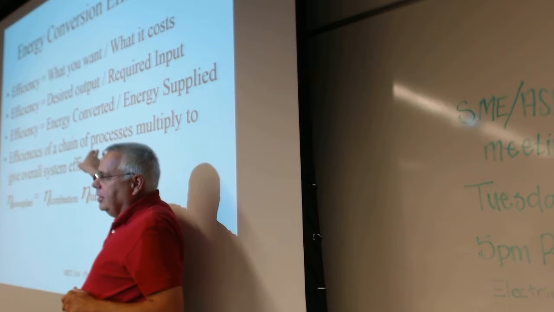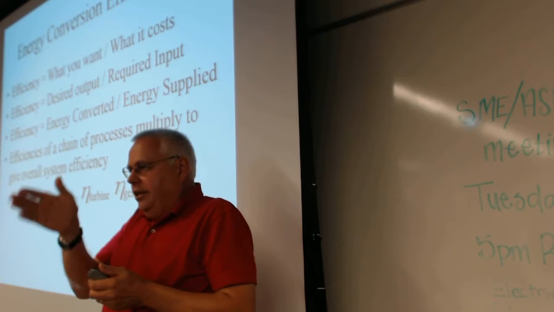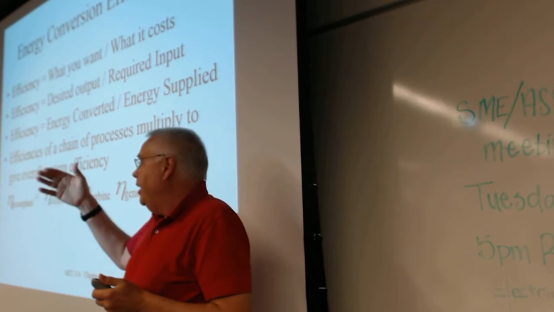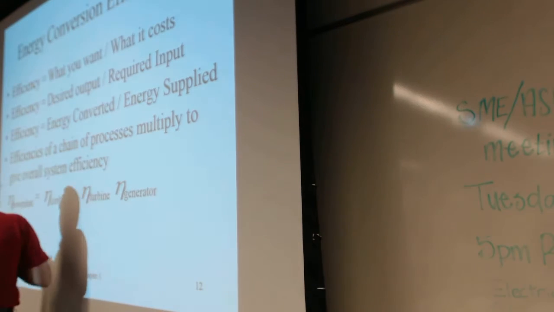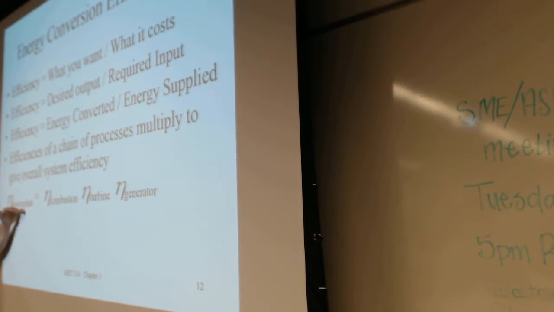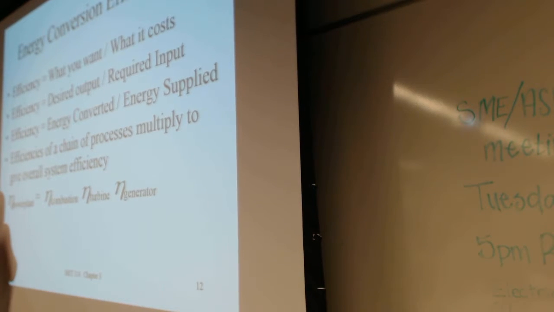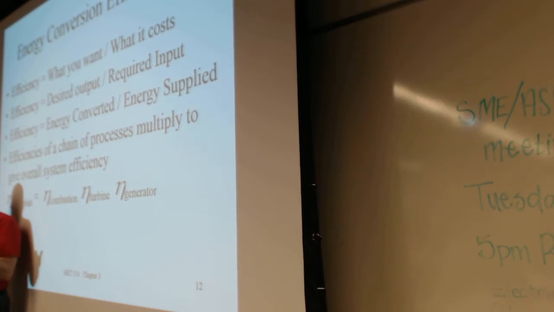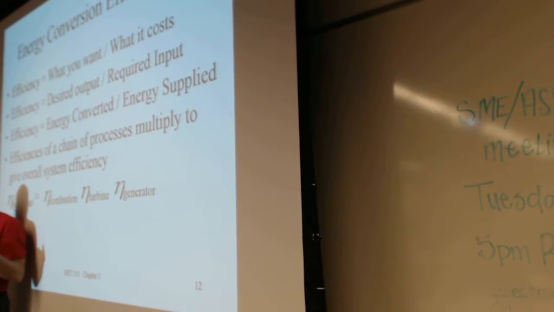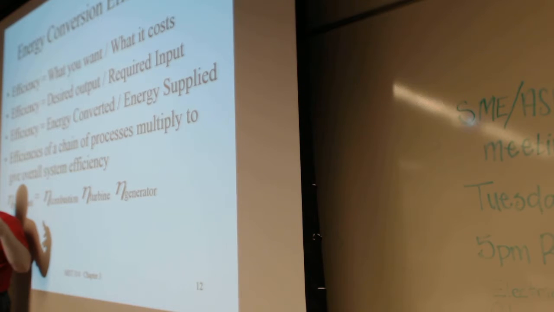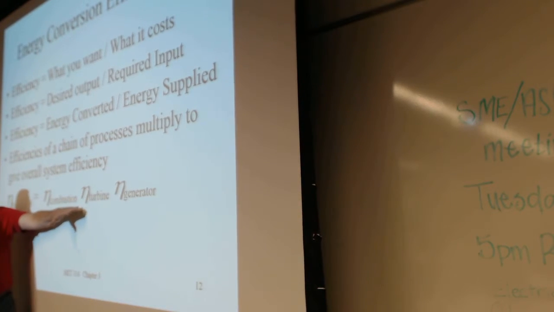And this is important. The efficiencies don't add up, they don't average, they are a chain. And for each process, for a power plant, there might be a whole bunch of different things that go on. There's an efficiency of the combustion. Maybe you have a certain amount of fuel energy that they tell you you've got so many BTUs per ton of coal, and you've got X many tons of coal, so how much electricity you're going to get out of it. Well, first of all, you have to burn the coal, and